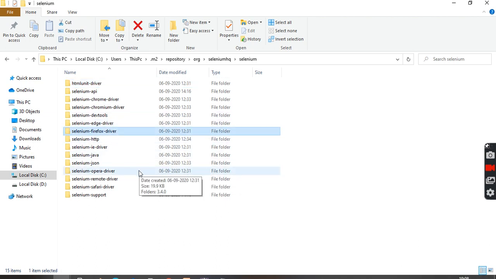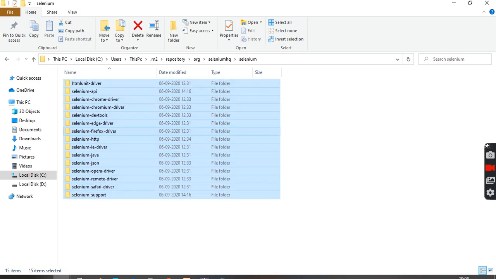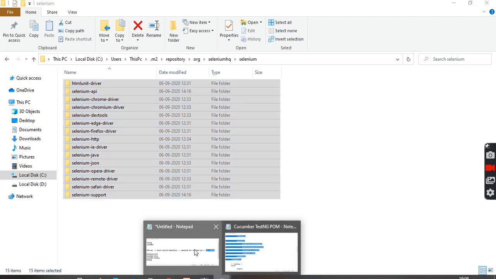No need to specify all the required software individually. If you mention Selenium Java, it will download all the things from the Maven central repository and store them in this particular M2 folder. Getting it? Hopefully you got it actually.